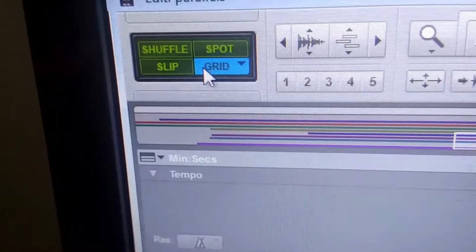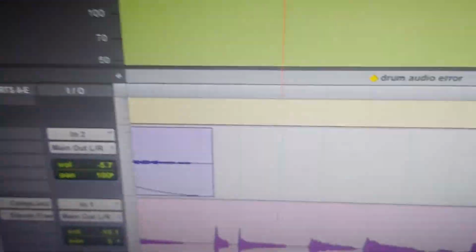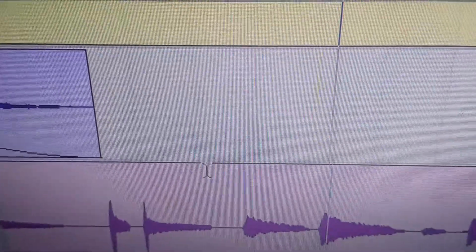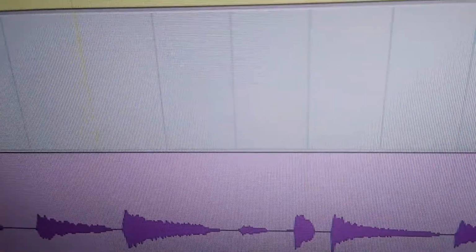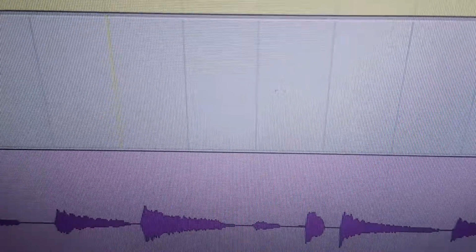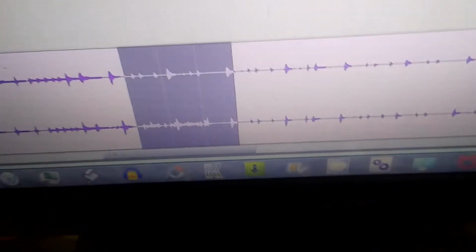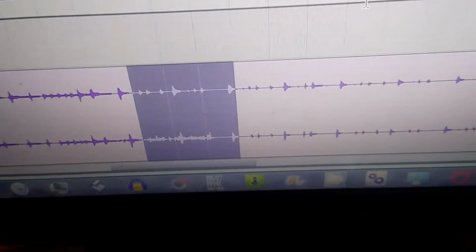When you do recordings to a click, it's really handy because we have this thing called grid mode, and I don't know if you guys can see it, but there are little lines here, and those correspond to beats. So you can just basically place your cursor directly on those lines, and it just lines up. So I'll show you why that's handy and why you care. So here is my bad